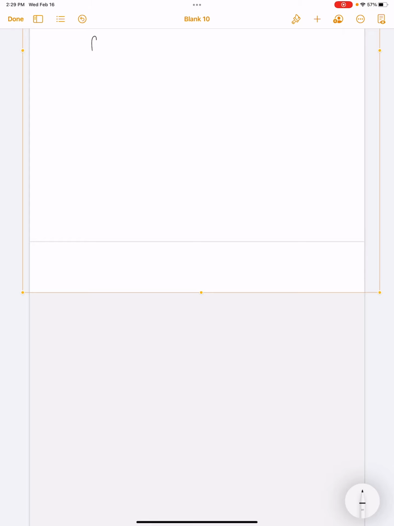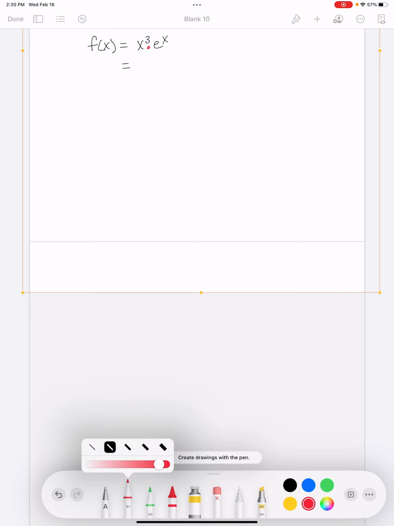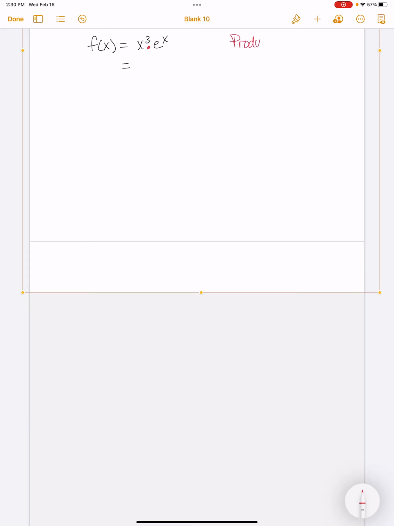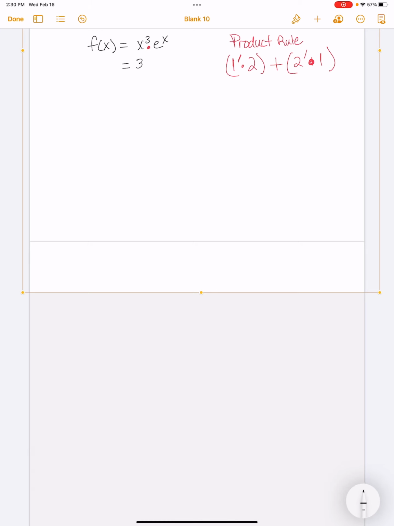Find the derivative of f of x equals x cubed e to the x. Okay, first thing we need to recognize here is that this is a product. So you have to use the product rule. Now, when you are doing the product rule, you take the derivative of the first times the second as it is, plus the derivative of the second times the first just as it is. You'll see what I mean in a second. Okay, so the derivative of the first is 3x squared times the derivative of this, or not the derivative, excuse me, times the second, just as it is,